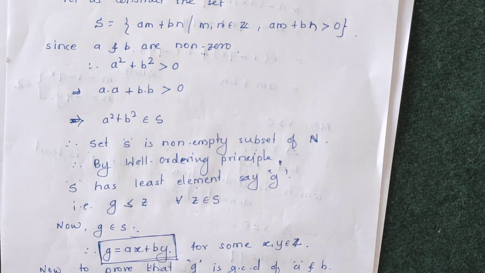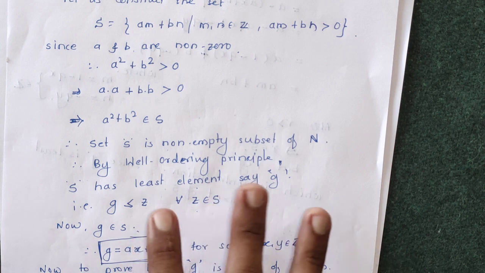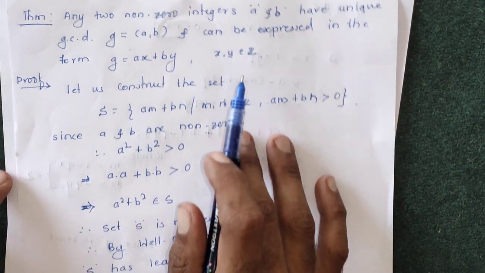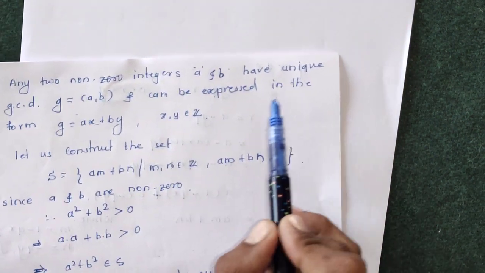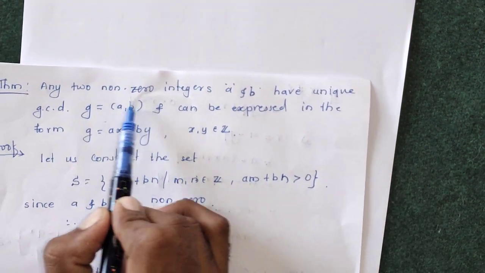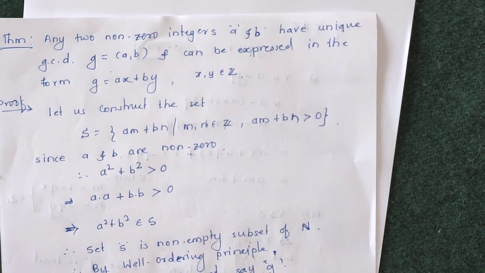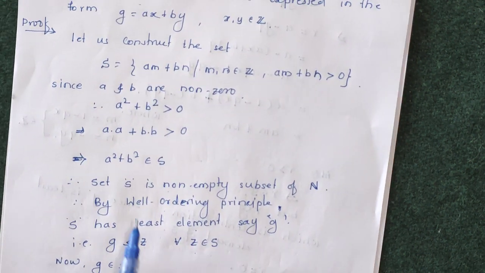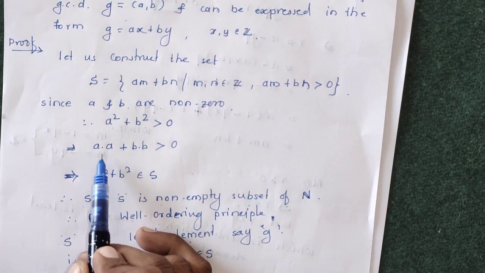To prove this set is non-empty, we take a square plus b square greater than 0, since our integers a and b are non-zero integers, and we know that the square of any negative number or any positive number is again positive. So a square plus b square is a positive number, and a square plus b square is of the form am